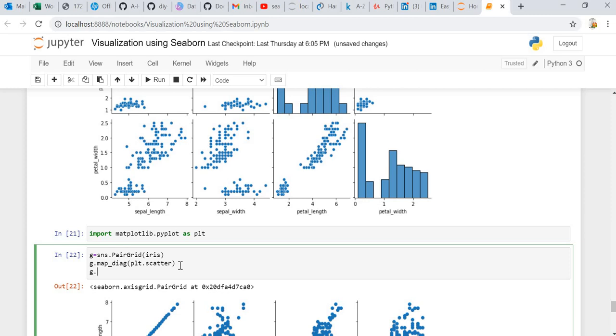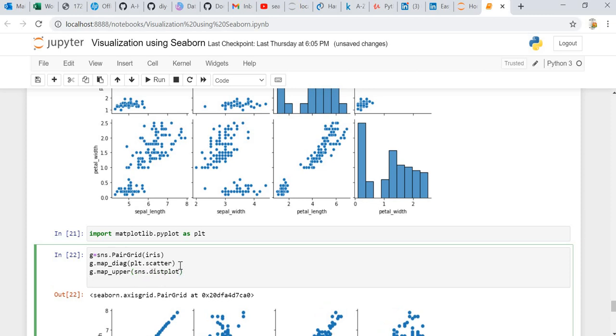Okay, g dot map upper, let's say sns dot hist plot, g dot map lower, let's say sns dot kde plot.